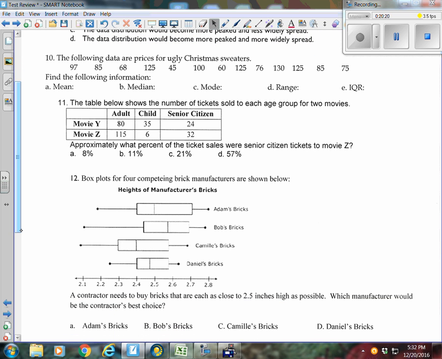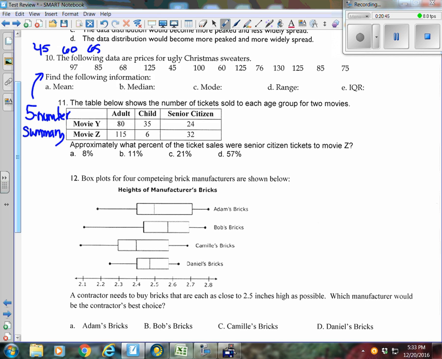The following are prices for ugly sweaters. This is the 5-number summary that I think you got to know. 5-number summary. And that's exactly what we're doing in number 10. Don't have a lot of extra room, but I'm going to take my time and do my things. The following data are prices for ugly sweaters. We're going to put them in order. We're going to put 45,